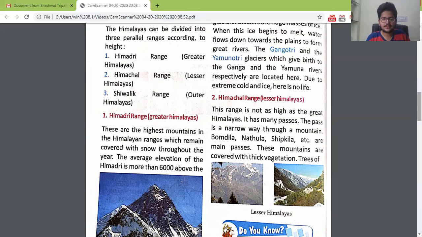So the Greater Himalayas or the Himadri range are the highest range of mountains in India, and they are covered with snow almost throughout the year.